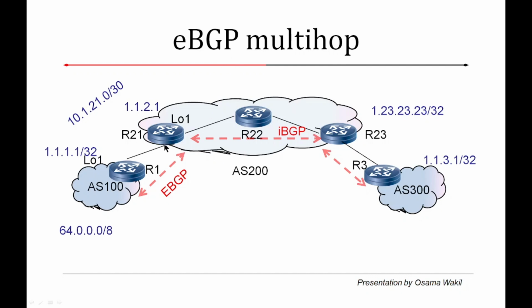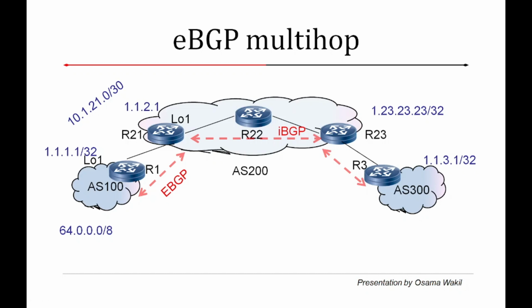Whenever we are configuring the eBGP session, we are supposed to use the directly connected IPs. In case of an iBGP session, we can see that these are not directly connected neighbors, and we are directly having an iBGP session with a remote IP address. Whereas in eBGP sessions, we are limited. We have to use the directly connected IP.